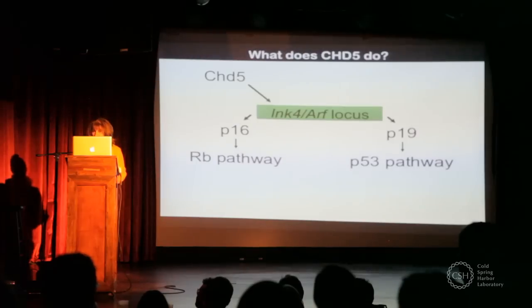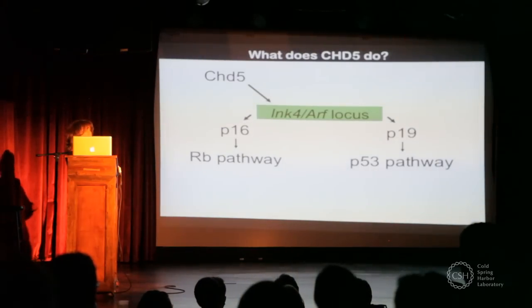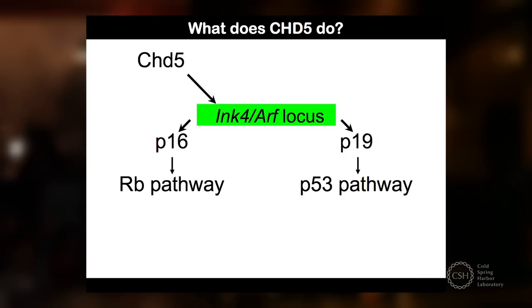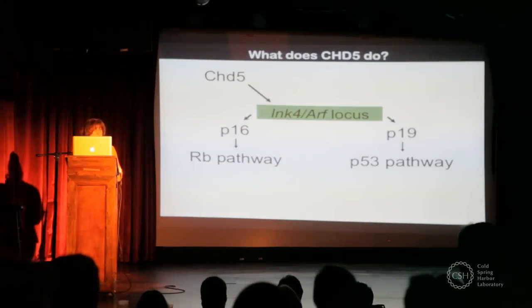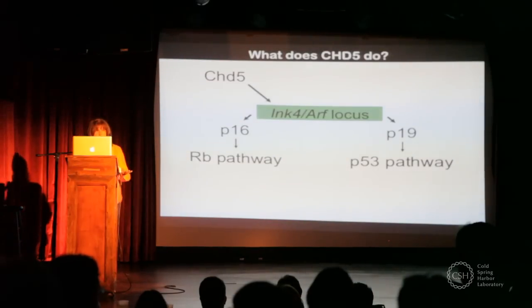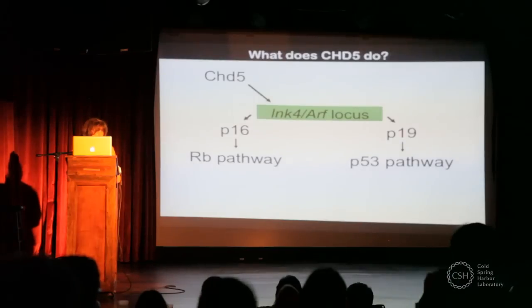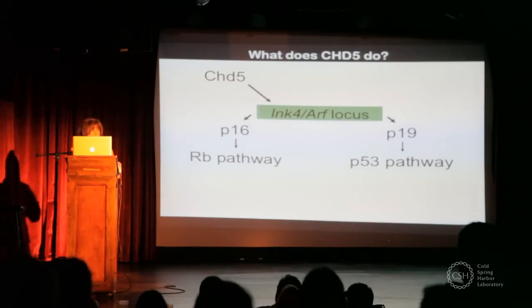What we do know so far from our cancer studies is CHD5 is a protein that we think about as a circuit breaker, sort of a switch that turns on by regulating this gene locus here called the INK4ARF locus. This is basically allowing expression of this tumor suppressive network so that when we need it, CHD5 is turning on this tumor suppressive power within our cells. And these are other tumor suppressors that are well characterized, for example, P53 and these others here. And CHD5 is this master switch,